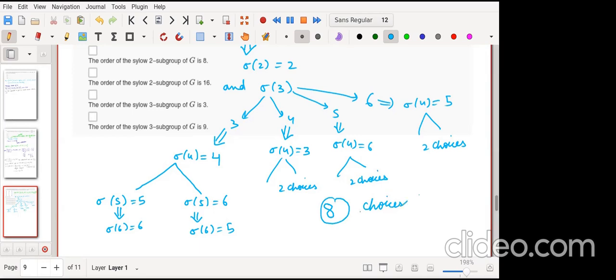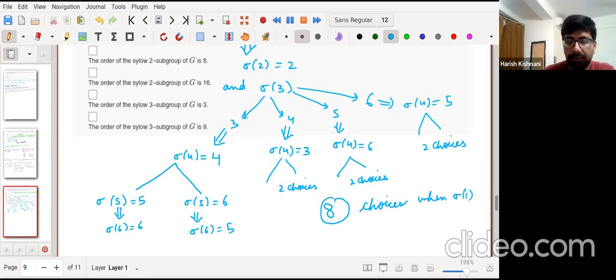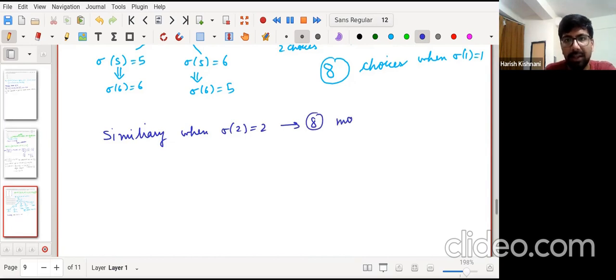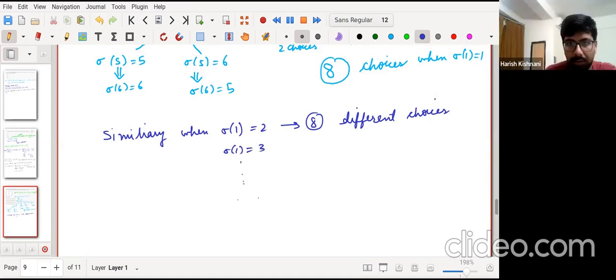When sigma 1 is 1, similar computation if you do with other cases, you will realize that similarly when sigma 2 is 2, you have 8 more choices. And definitely these choices are different from the previous one, because the image of sigma of 1 is 1. 8 different choices. And for sigma 3 and so on to sigma 6, for each you have 8 different choices. Okay, so the total number is,